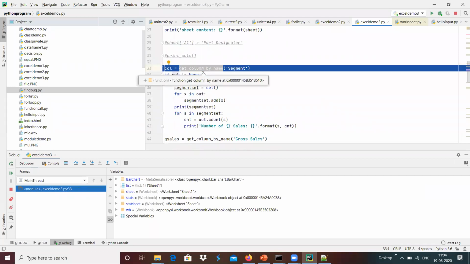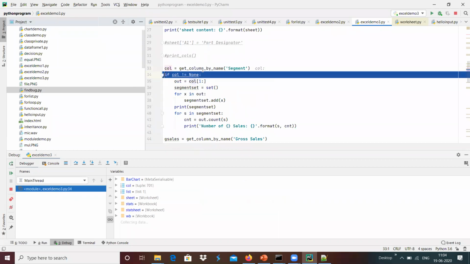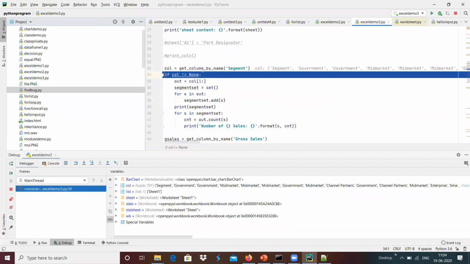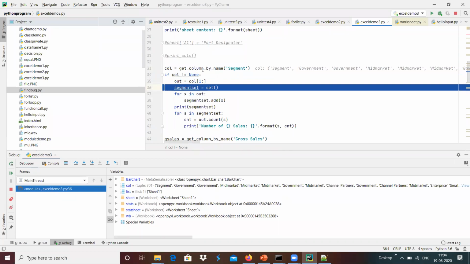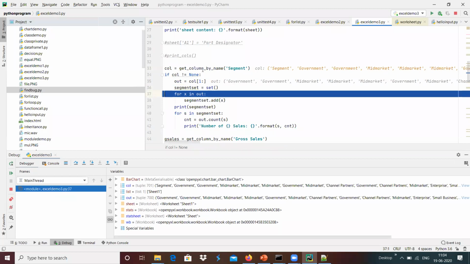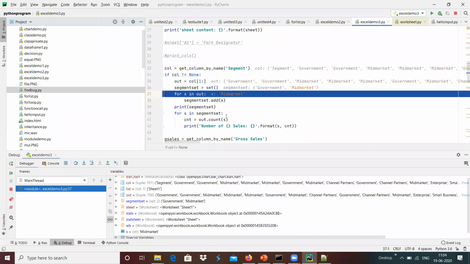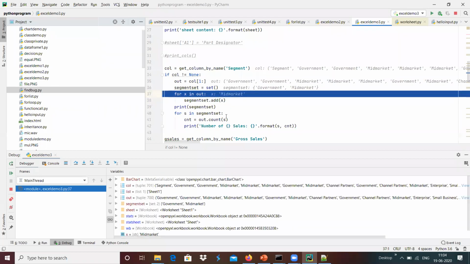It is received over here, and I'm going to do the step over, and it goes to that control. Column is not None, and we have got the segment set over here, and we got that output, something like out equals column 0 being cut. For example, the 0 is the segment, it got cut, and the rest of the tuple content is present in the output, and we are adding that into the segment over here in the for loop. If we wanted to add, it will be completely fetching each and everything, and it returns back accordingly over here.